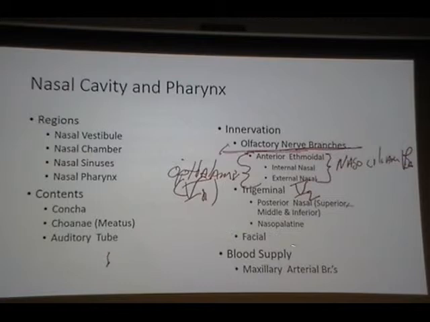And then the facial. Why does the facial get played in here? What's going on? This is a mucosa, right? A mucosa is a secreting membrane. What is the facial nerve in relationship to those secreting membranes? This is a type of autonomic innervation. This is what we call a secretomotor function, causing these mucosal glands to secrete mucus on their surface. Nasal cavity, oral cavity is where we have all of this either mucus or saliva